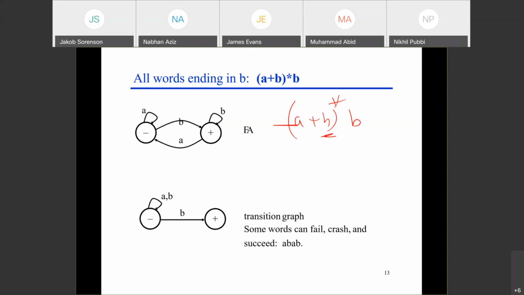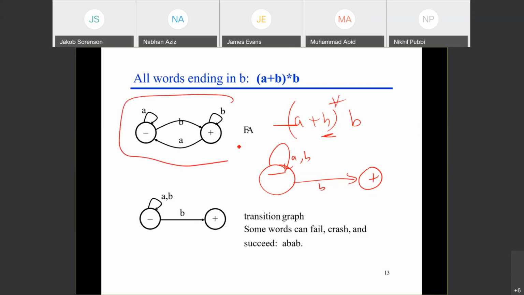So now I want to convert this into a TG. So let's try to convert this into a TG. We have this start state, and initially A or B as much, and to reach the final state it should be B, and that's it. So look at this one, how easy it is to draw the TG of your FA. You reduce the number of edges, but if this is an FA and I ask you to draw the TG of that, and I do not put any restriction, if you redraw this it is the same answer, because this is a TG also.